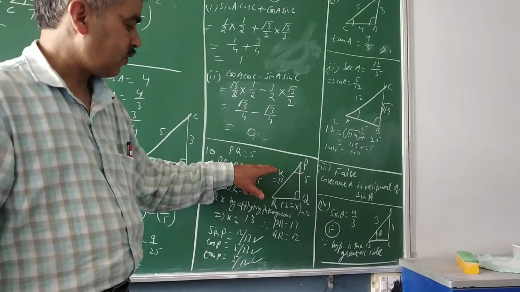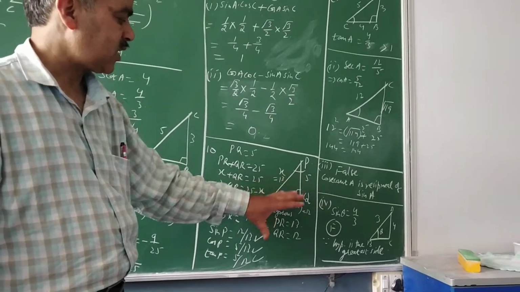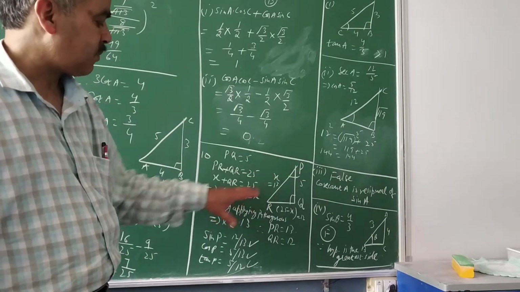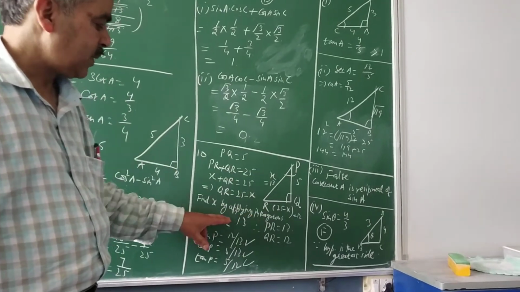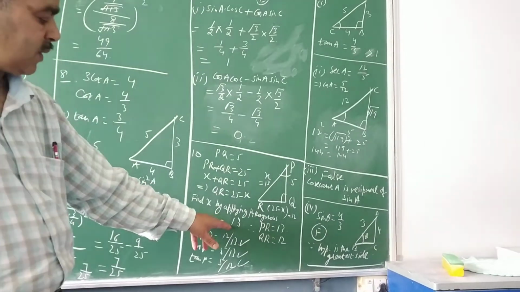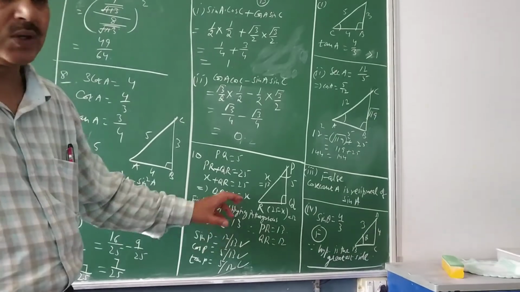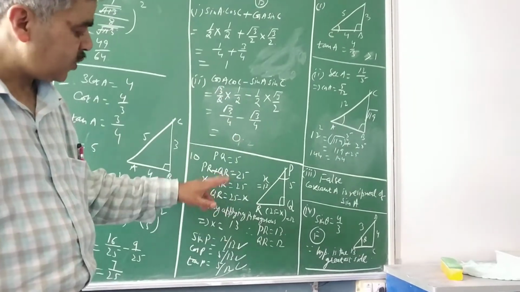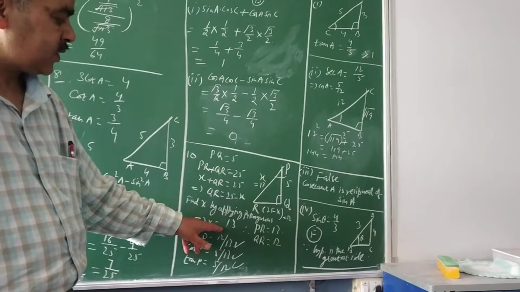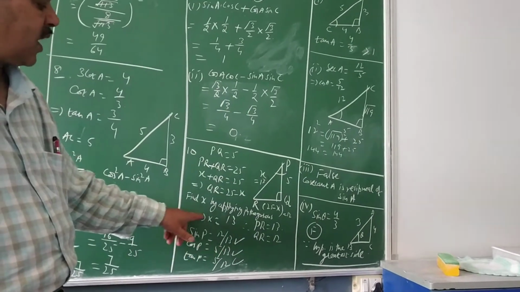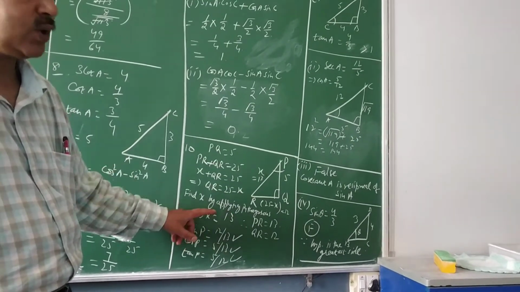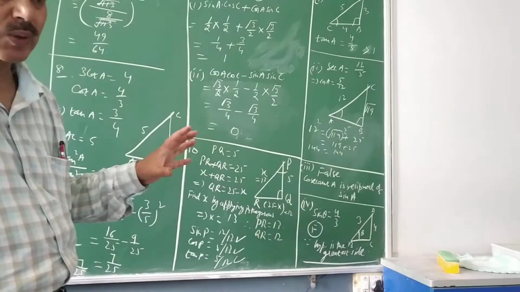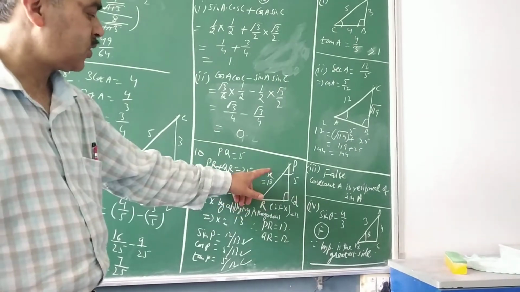So in the case of X, 5 and 25 minus X, when I apply the Pythagoras theorem, I will be able to get the value of X and that will come to 13. You please check in your rough margin or you can solve it here also. Just because of the availability of space, I have written directly, but you can solve it to get the value of X by applying the Pythagoras theorem. And then you substitute this value here.